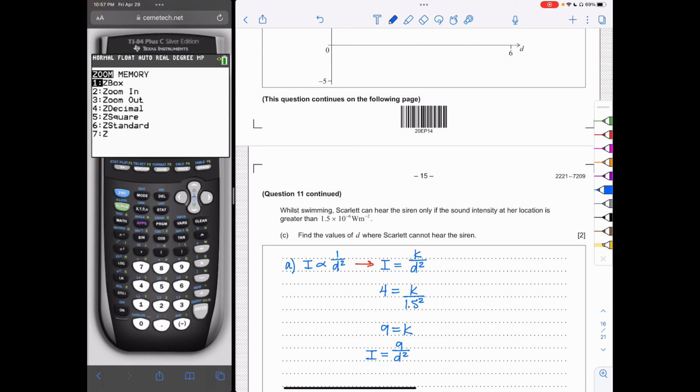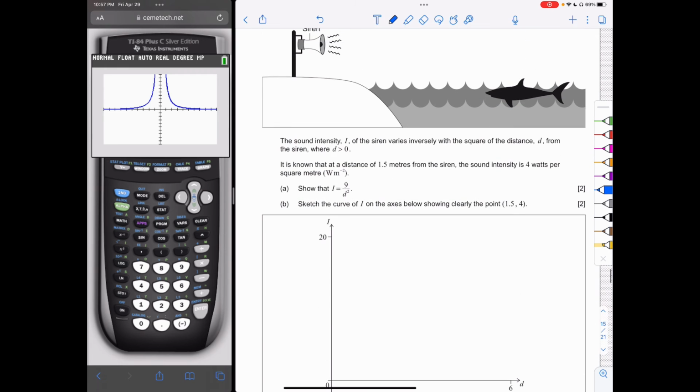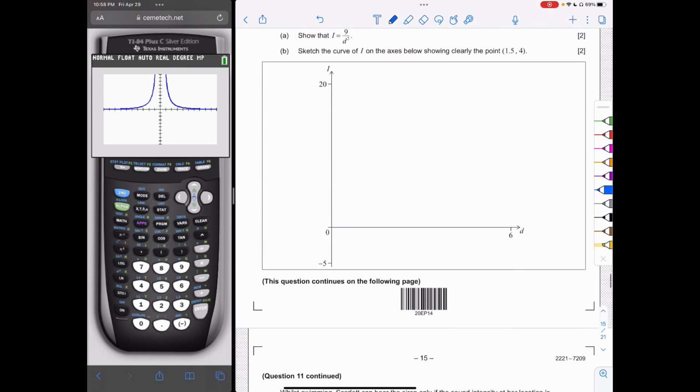And I'm going to zoom 6 so it can zoom standard. And this is the graph that I get here. But what you have to understand is you're talking about your distance and your sound intensity. So you have to understand that distance cannot be negative. So we're not going to use the left side of the graph when we do this. So if you were to sketch this,